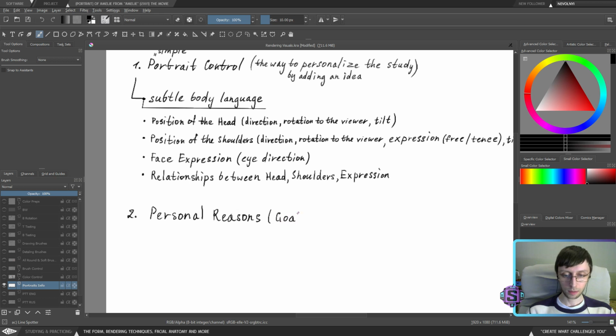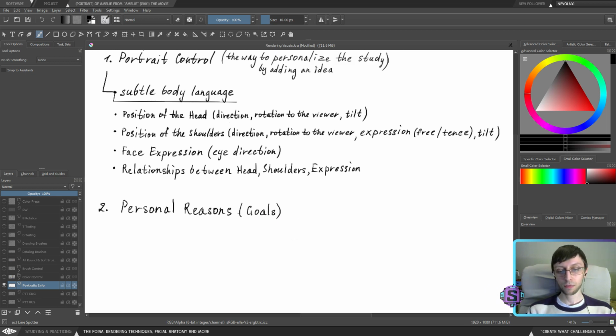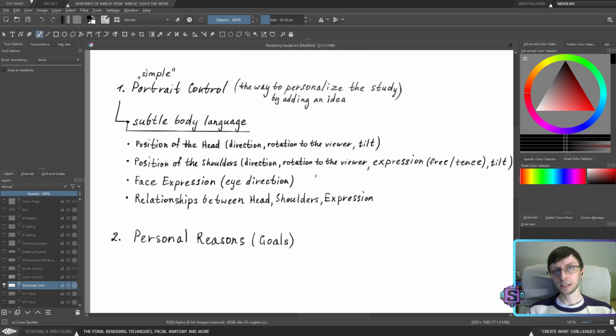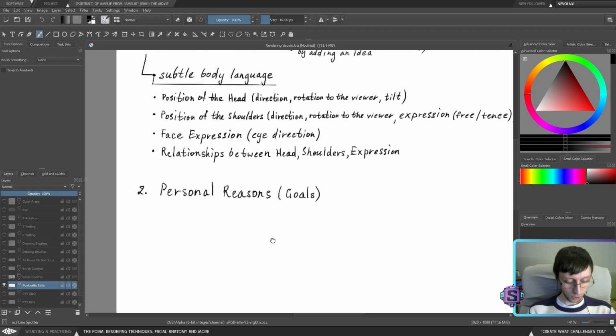It's probably better to look at it as a goal, because every artist has some type of goal to achieve. I want to learn anatomy, I want to learn composition, I want to learn storytelling or whatever, I want to learn color, I want to learn values, I want to learn human expression or whatever. Depending on what you want to learn, right here you're going to put all your personal goals. So let's establish them.